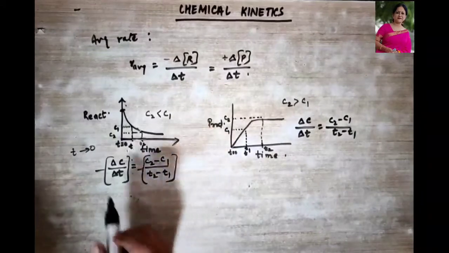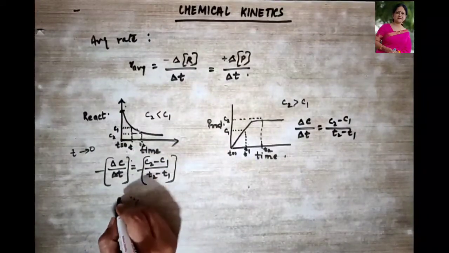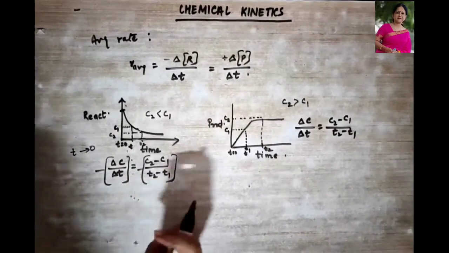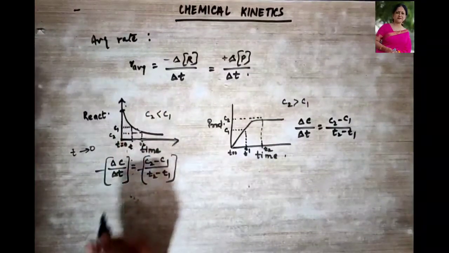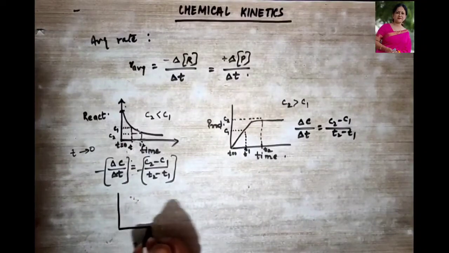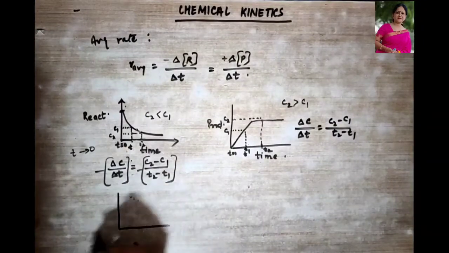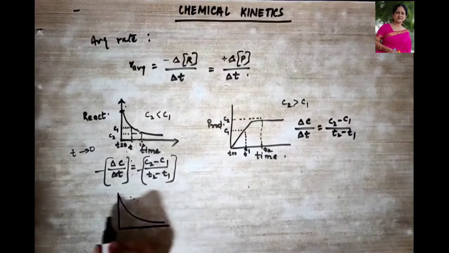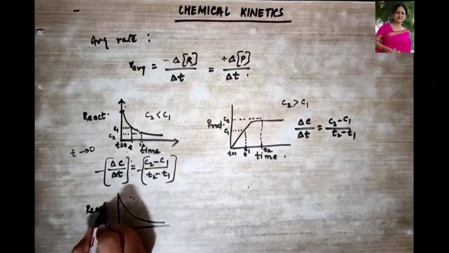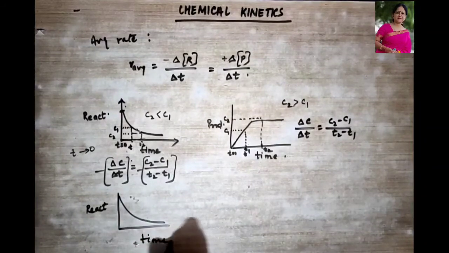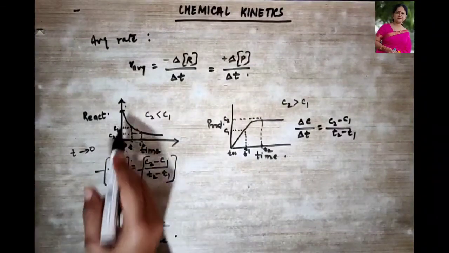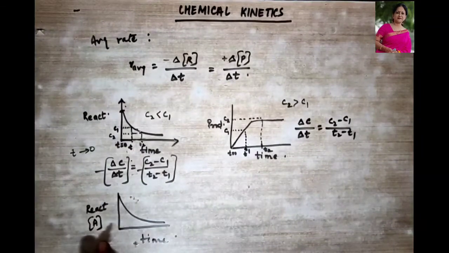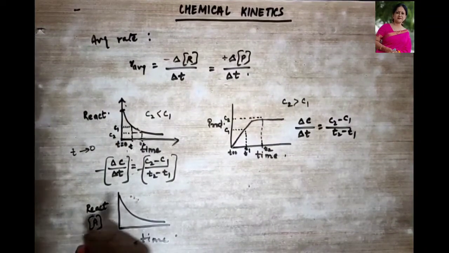Then instead of writing delta, we are going to use the word D. Let us understand this first and then I will explain it to you. If we talk in terms of a reactant, as I had told you, the concentration decreases. This is your reactant, isn't it? And this is your time. Suppose my reactant, let me take it as A, if I take my reactant over here, it is A.